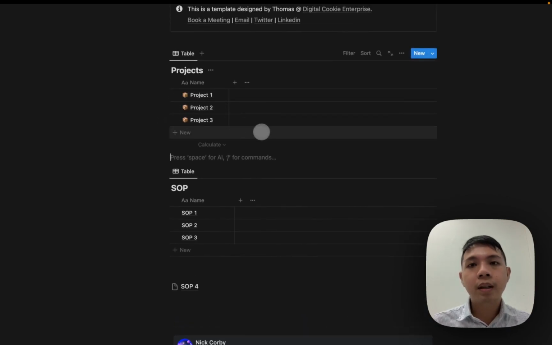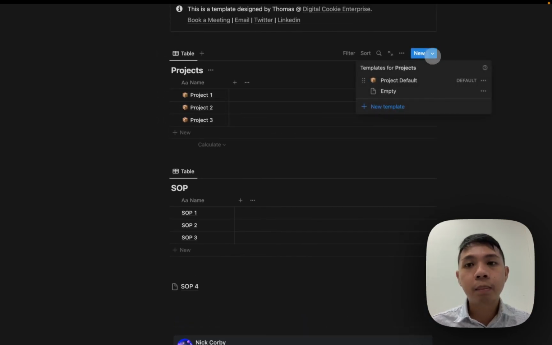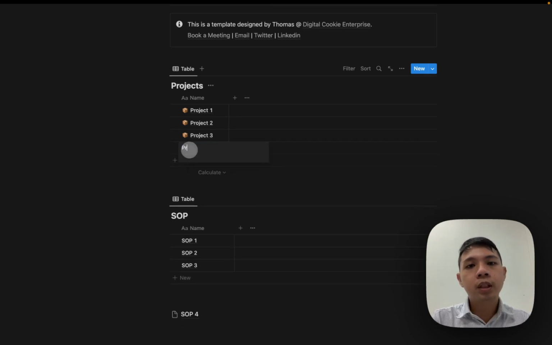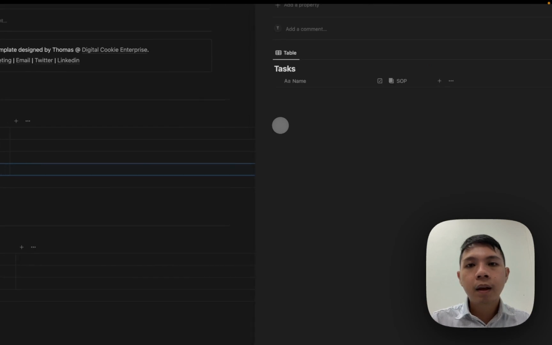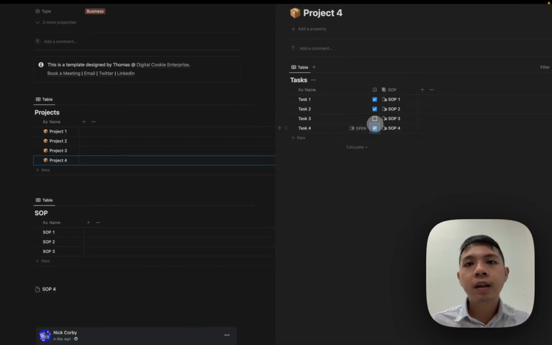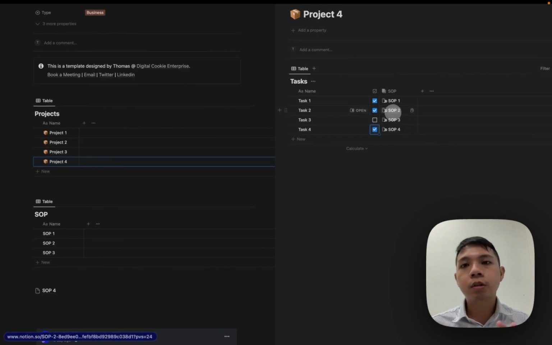So what can be done is, I have created this template here, just for example. You can have this template inside here, and then this task database inside the template itself. What this means is that every time we create a new project, so project 4, and then just click open, you automatically have a new set of tasks. You can just complete it, and then you have your SOPs. So everything is still here. Of course, you do not have the